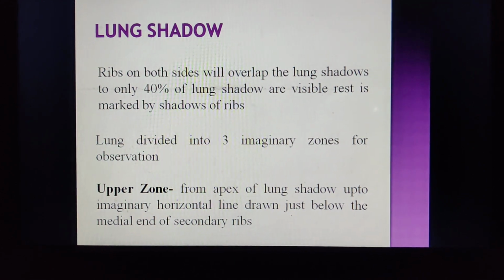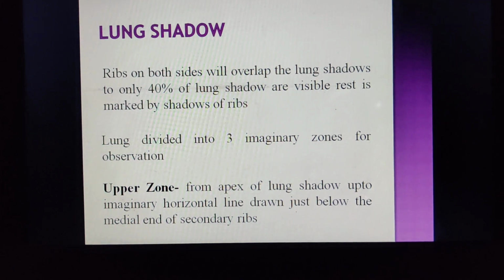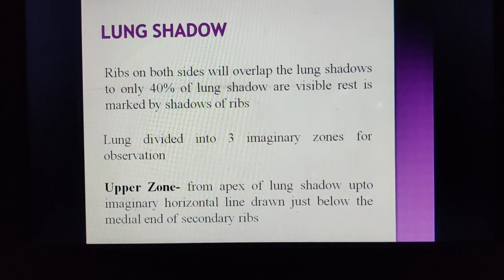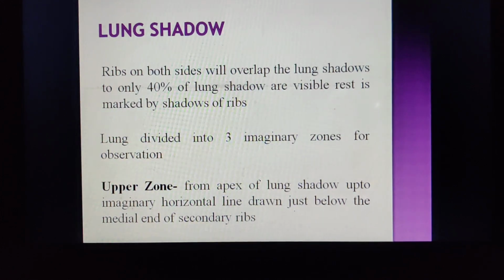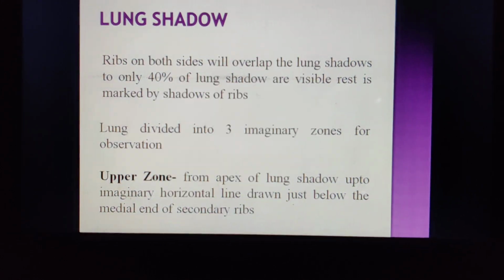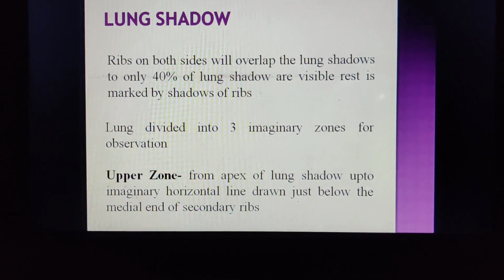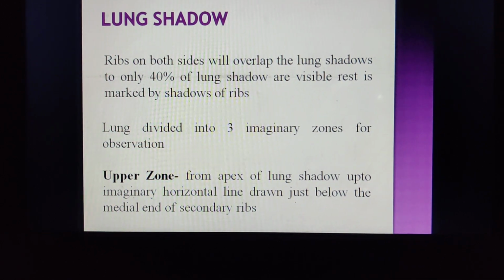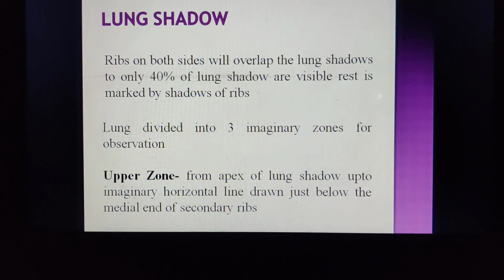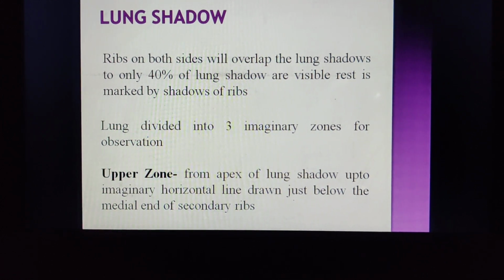Lung shadow. Ribs on both sides overlap the lung shadow, and only 40% of the lung shadow is visible. The rest is masked by the shadow of ribs. It is divided into 3 imaginary zones for observation. Upper zone is formed from the apex of the lung shadow up to the imaginary horizontal line below the medial